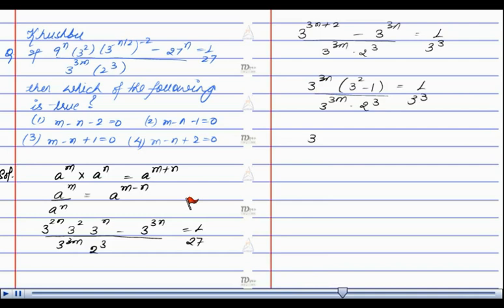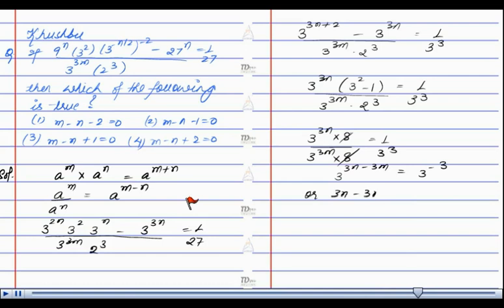Which further gives 3 to the power 3n into 8 upon 3 to the power 3m. 2 cube can again be written as 8. That's equal to 1 by 3 cube. 8 and 8 get cancelled. And therefore we are left with 3 to the power 3n minus 3m is equal to 3 to the power minus 3,